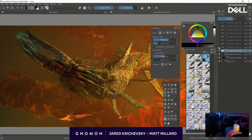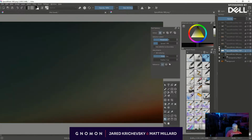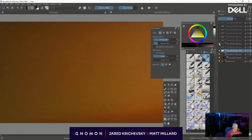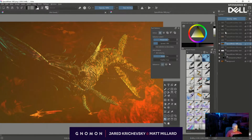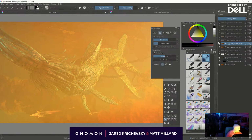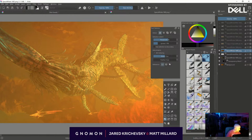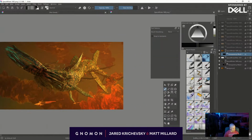Okay. See, am I going to use this? I don't know. Definitely want to use this. Use a screen. And duplicate the layer just because I'm paranoid, because you never know when you might use it again. And then let's